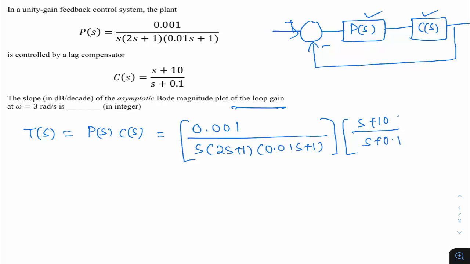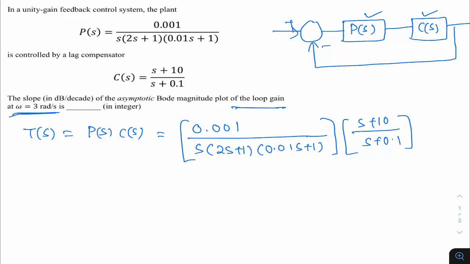S plus 0.1. But while assessing the transfer functions, if you want to have the Bode plots, it is wise to get the transfer functions into factors like 1 by S plus some constant A form. This is the format we expect, because from this data we can easily access the corner frequency. And the question asked is what is the slope at this frequency 3 per second, that also you can easily access. So my next approach will be to rewrite this transfer function in this format so that the corner frequency